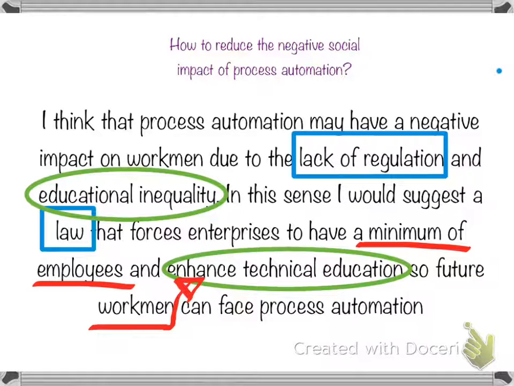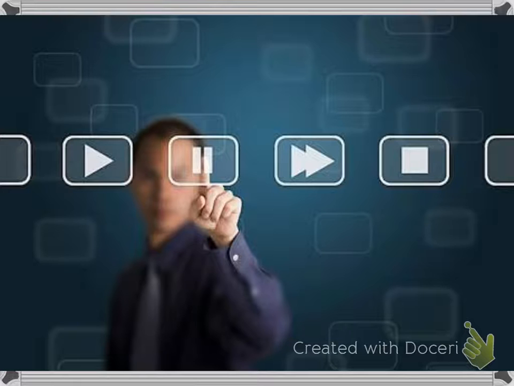Please go back to the first part of your outline. Try to identify if you offered a solution. If so, check if there is a correlation between causes and solution, and if your solution is centered on the person's dignity. If you don't have any solution, elaborate it. You may pause this video now.